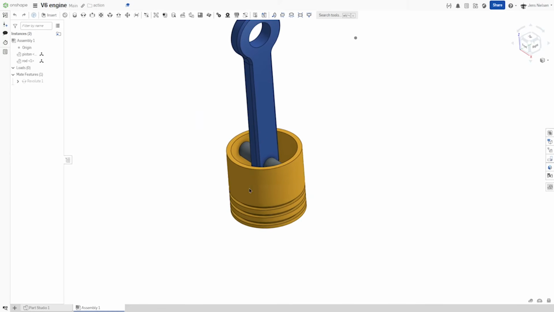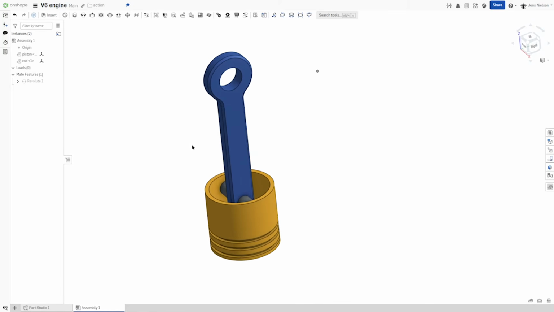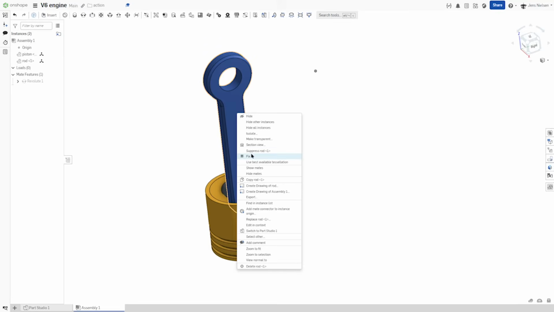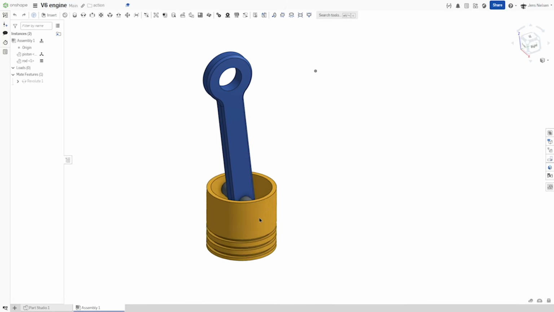Okay, so just to see the action of this, I'll fix the rod for an instant, and there our piston head rotates nicely around it. I will unfix it